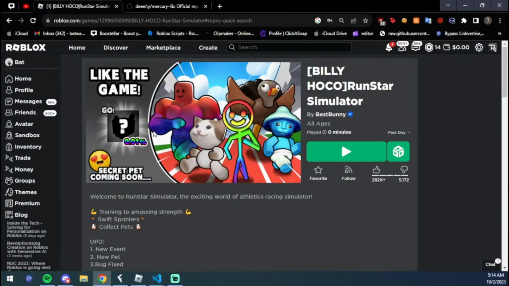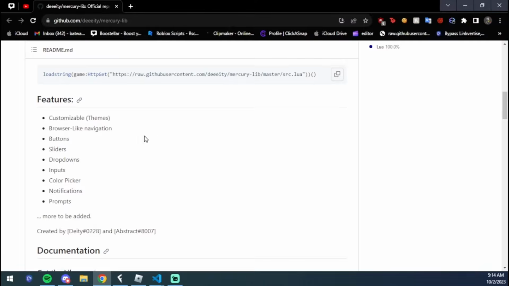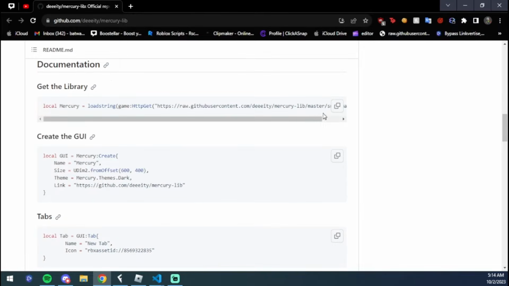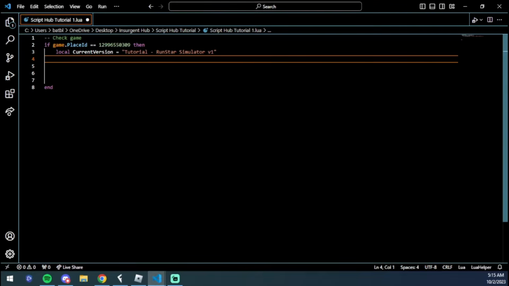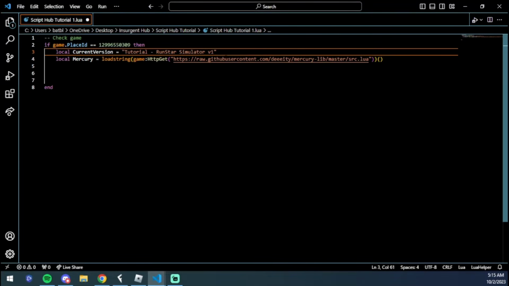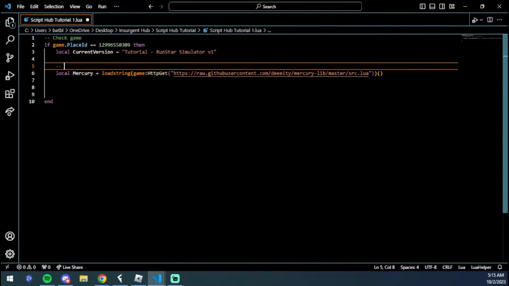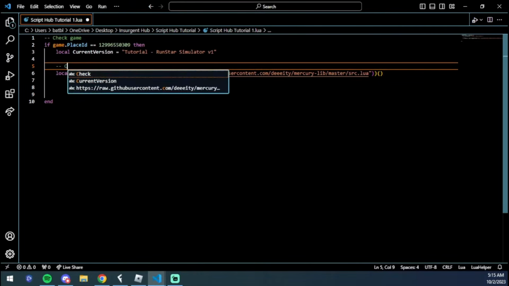So now we're going to jump over to the UI documentation, and now we have to actually call and get the library. So basically you would just copy this right here, the local Mercury equals this. If you're using a different UI, the name of the UI is going to be here, and then the load string, just copy that, and then we're basically going to paste it here, and you could do another enter, and I'm going to add another comment. It's always nice to add some comments just because you'll know where the code is for when you go to update. So we're going to call the